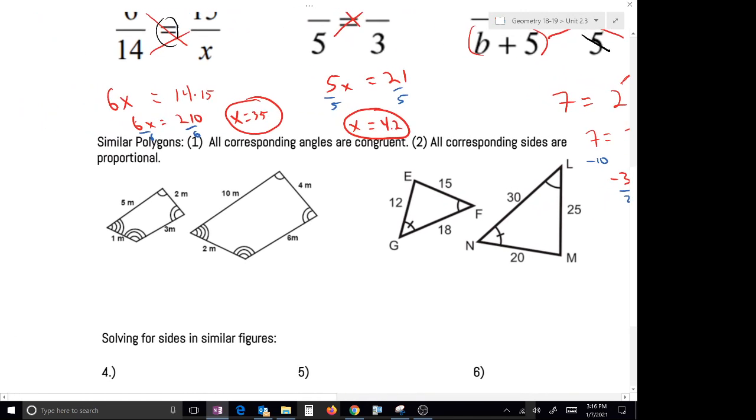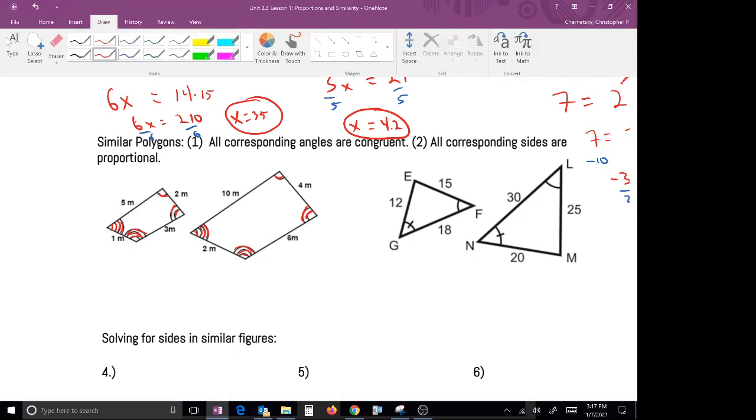Okay, similar polygons. There are 2 conditions for polygons to be similar. All corresponding angles need to be congruent, and all corresponding sides need to be proportional. So if we notice, the corresponding angles are all matching here, so they're all congruent. So those all match. And if we look at our corresponding sides and we set them up as ratios,